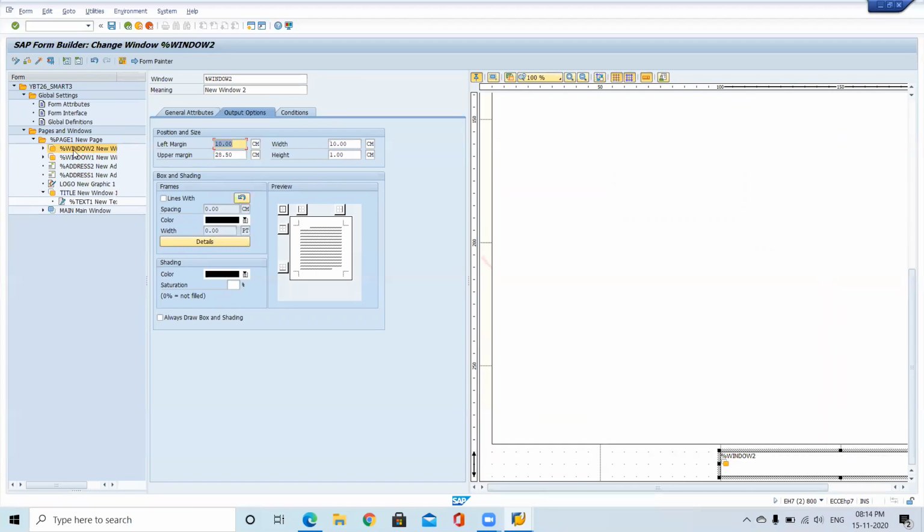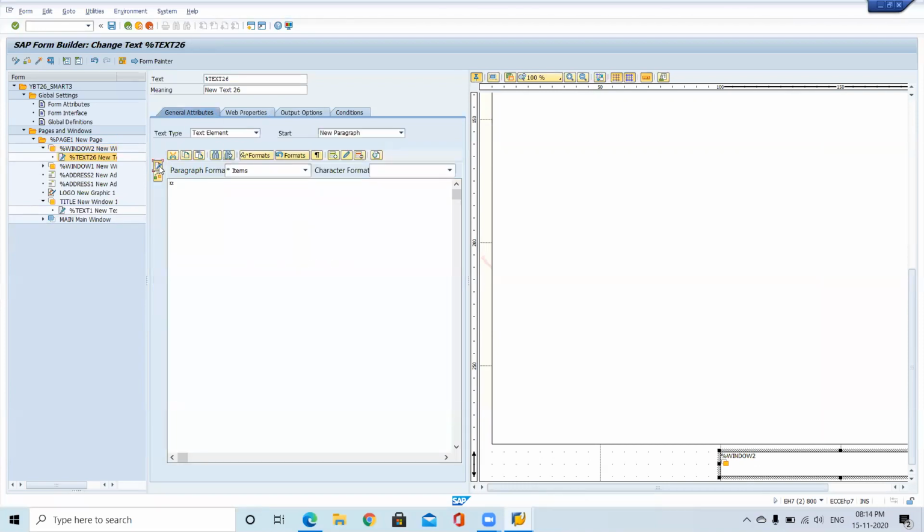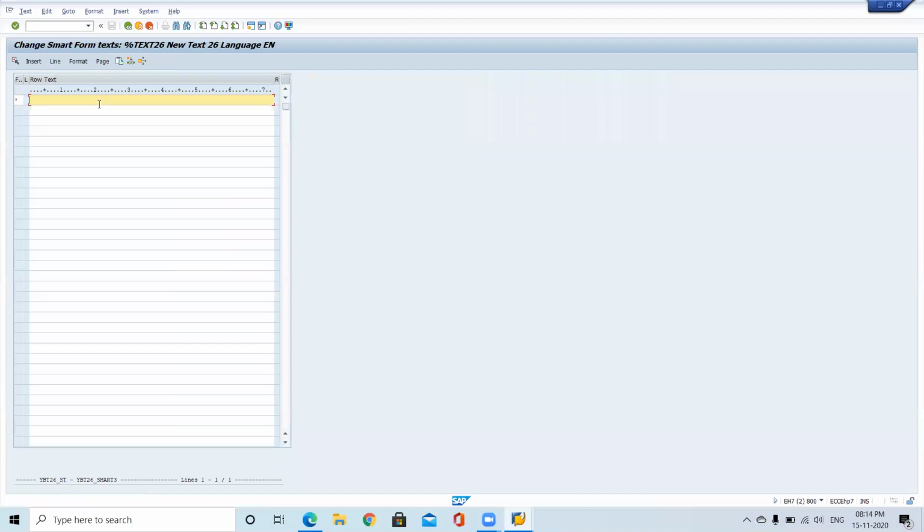So here I just want to add a text, create text. So in the text, what do I want to print? I just want to tell what my page number is. So page. So how will we know which page? If I'm having 100 pages, the first time I'm seeing the first page, 1 of 100, 2 of 100. Like that we just want to see. What is my current page?